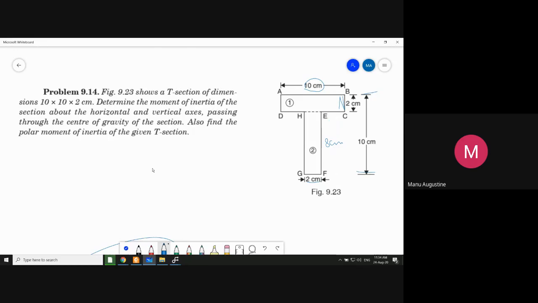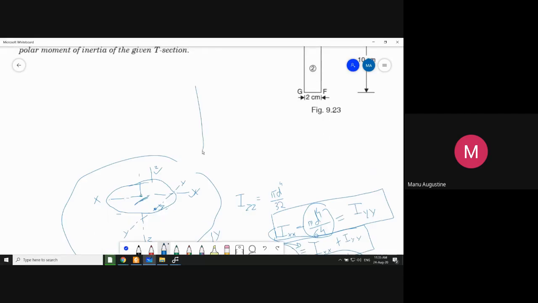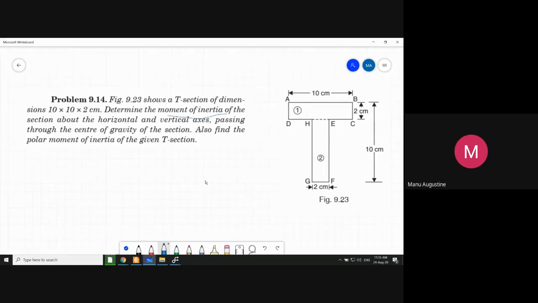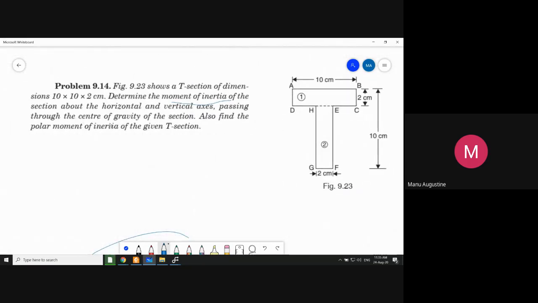But what is asked in the question? Let us check out. It says, determine the moment of inertia of the section about the horizontal and vertical axis passing through the center of gravity of the section. Okay, so moment of inertia about the horizontal axis is required and the vertical axis is required, but horizontal and vertical axis,